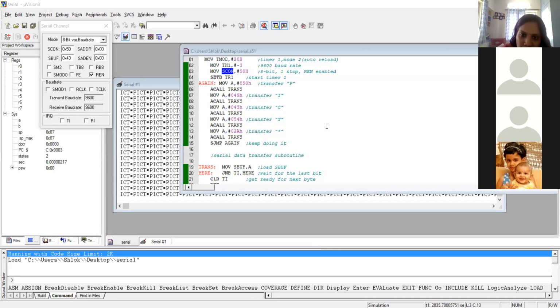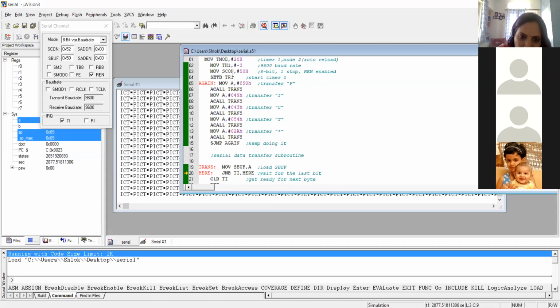Okay, now in this program, if I just say stop, it will stop the serial window from printing PICT continuously. So what is the important thing in this program? The timer, then the TH1 register from the timer, and the SCON register from our serial port.